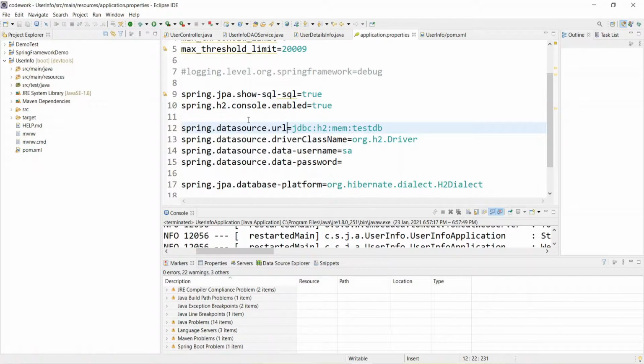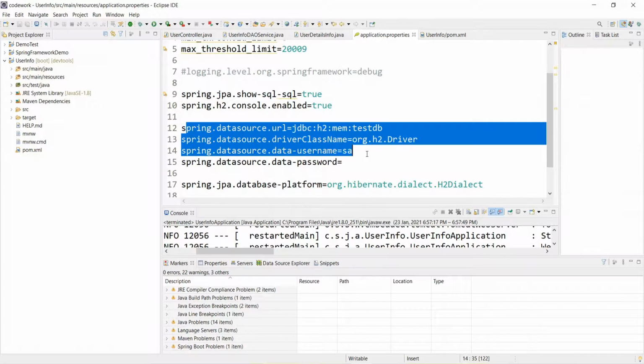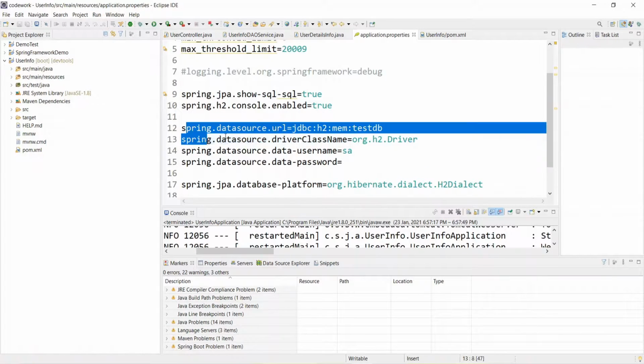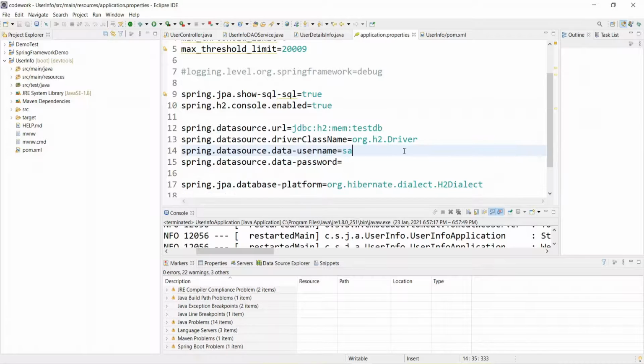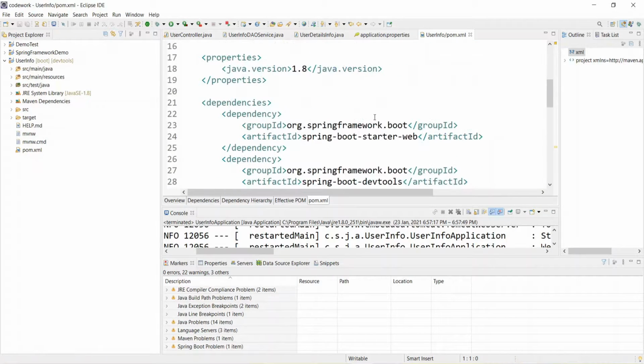If you are not mentioning this, that is okay. You would still be able to connect with the H2 database and access the H2 console. But I had shown you how you can configure it if you don't want to use the H2 database, and instead want to use the Oracle database or MySQL as your database. So these are the parameter configurations we will have to do. If you are not doing this and have just included the H2 dependency that we saw in the last step, then it's okay.